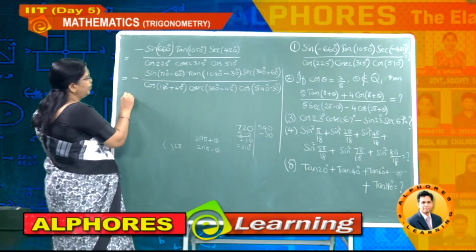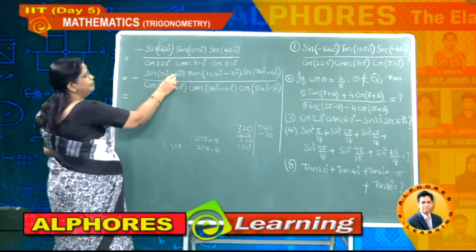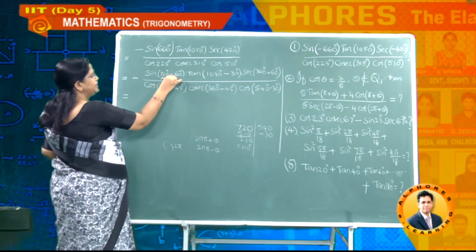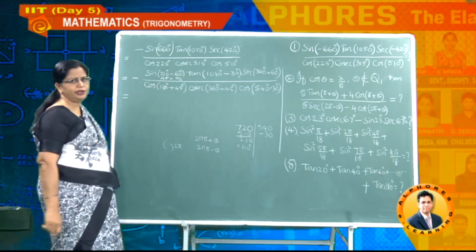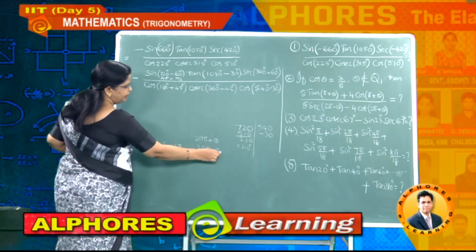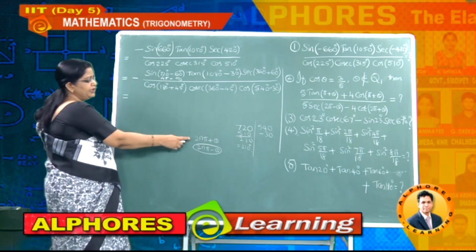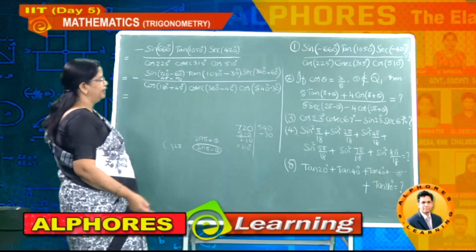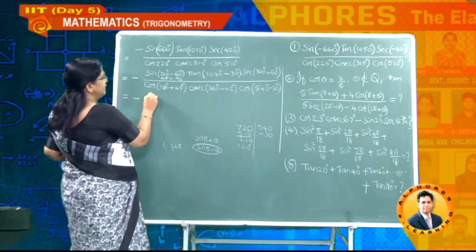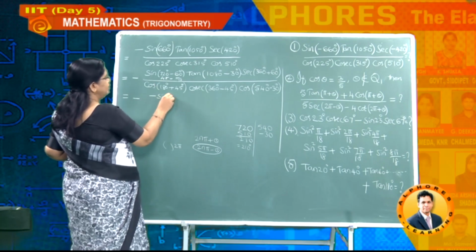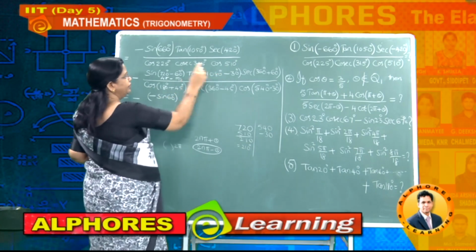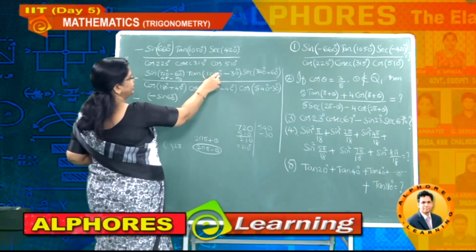Okay. Now next step, 720 minus 60 degrees. This is nothing but 4 pi minus how much? Pi by 3. Okay, 4 pi minus pi by 3. So it comes under the formula 2n pi minus theta, which falls in which quadrant? Fourth quadrant. So you will get one more minus symbol. So this is minus. Now I am writing this as minus sine how much? 60 degrees. Got it?